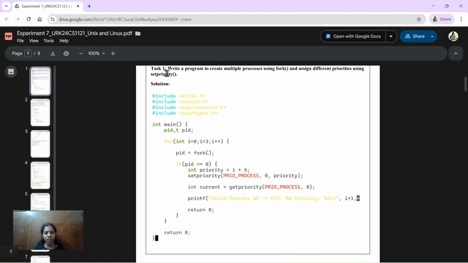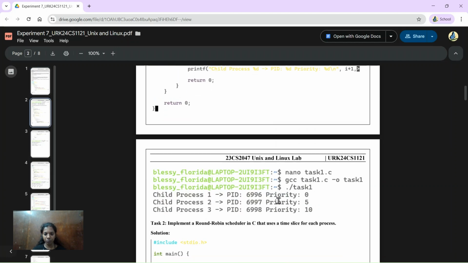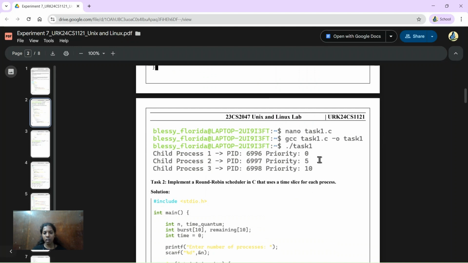So here we have given this C language code. Here int main and hashtag include are the primary code we have learned in C. Using PID, I have defined the fork and I have set priority, like PRIO_PROCESS, 0, priority. In the priority task, I have given i star 5 to create the multiple processes in a looping condition, and I have given the printf statement also. With this, I have printed the 5 table like 0, 5, 10 with the priority ID 1, 2, 3